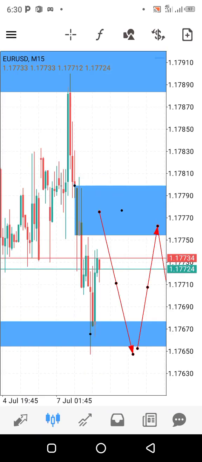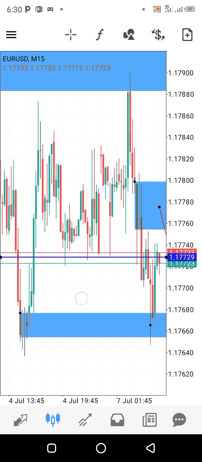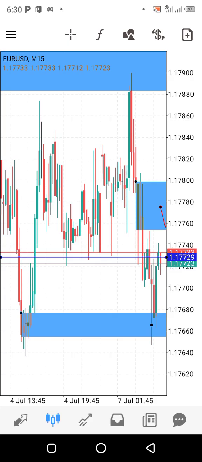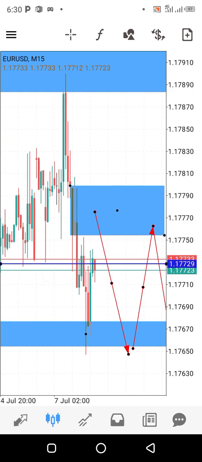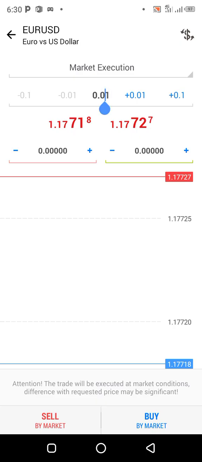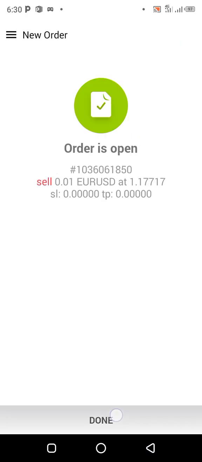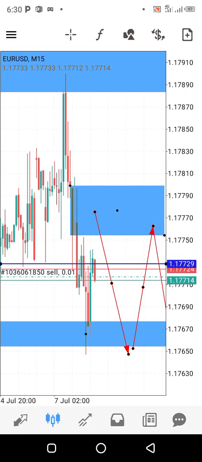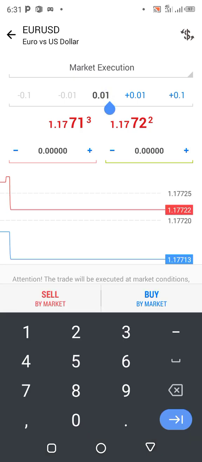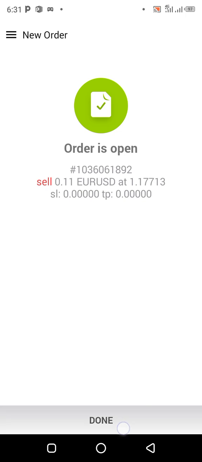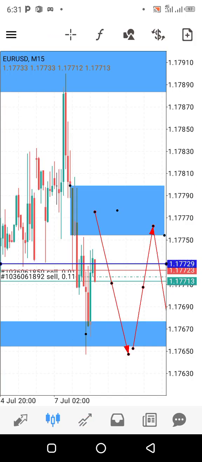If you guys can see clearly, this is another support and resistance. You see that price was pushing down, then pushed up. So this is a good area probably to take my entries for sales. So I shall add just one position of like 0.1, and I shall be selling. No, I said 0.1, not 0.0. Let me just add 0.1 exactly. Okay, sell. So I shall just be selling these two positions on